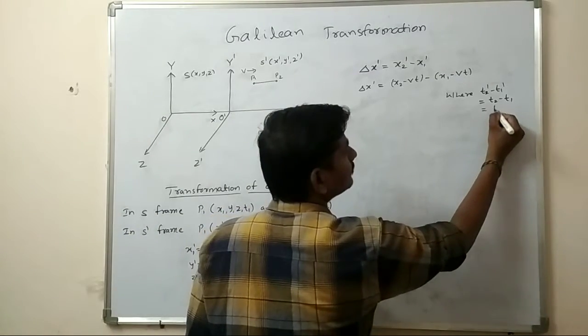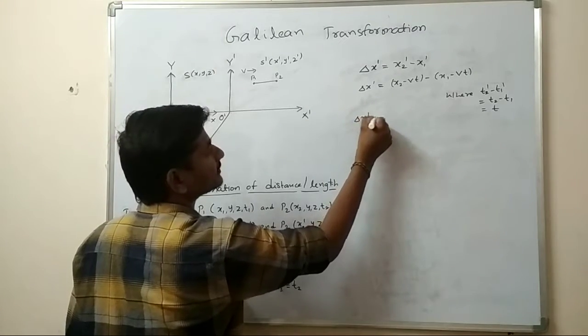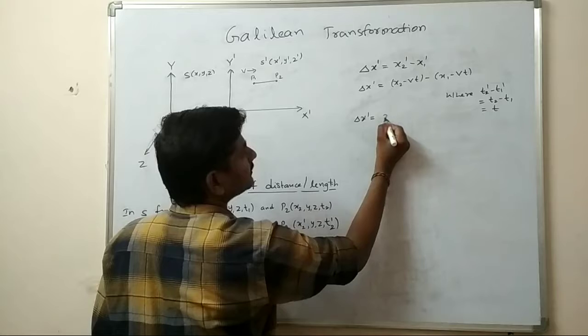This is equal to t. Therefore, we can write delta x dash is equal to x2 minus x1